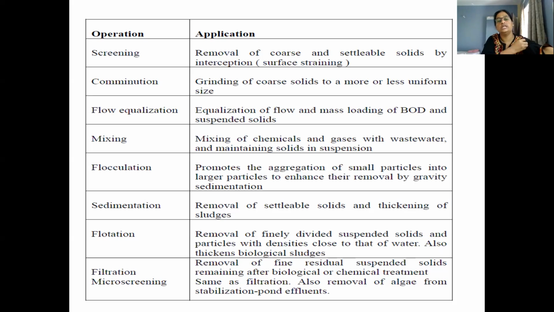So why do we need to increase the size of the particle? Why do we need chemical precipitation, mixing, and flocculation? Because that process helps to increase the size of the particle. Once the size increases, the weight and mass of the particle increase. Because of that, it is possible for it to settle down at the bottom by gravity. And once it is settled down, it becomes easy to remove from the bottom side. So sedimentation can be achieved by mixing and flocculation for the fine particles. Understood?